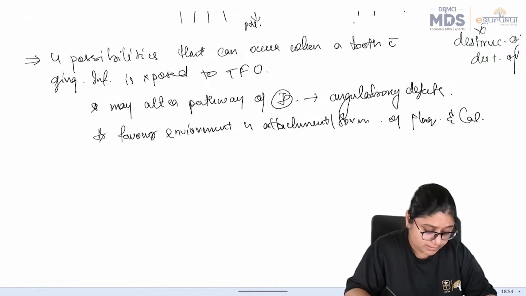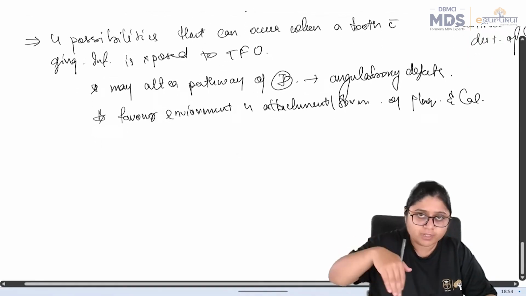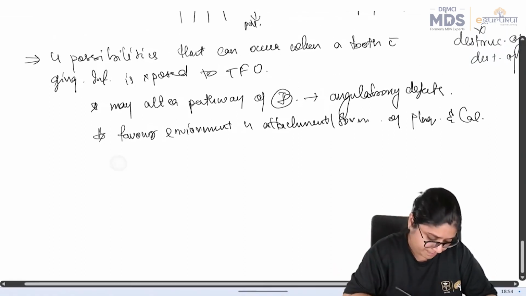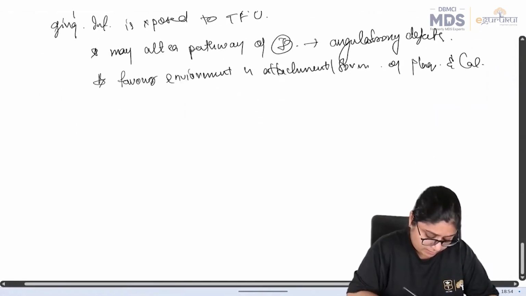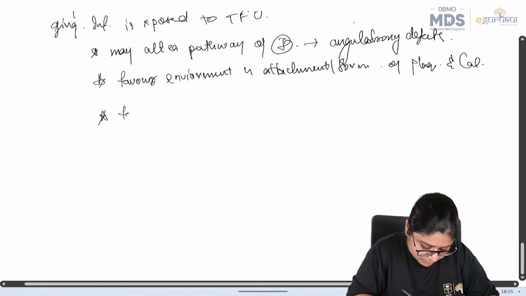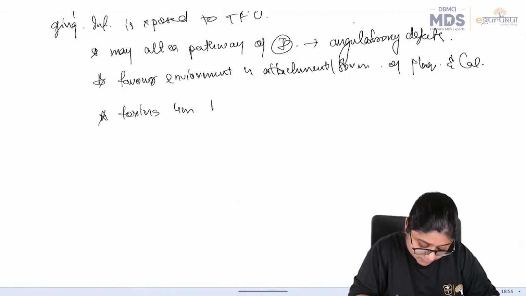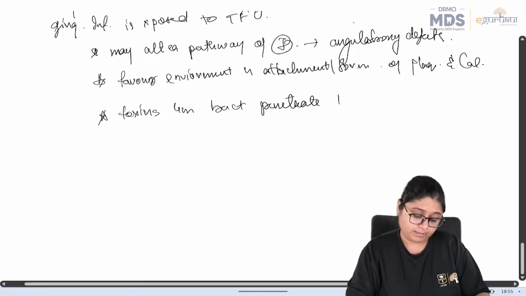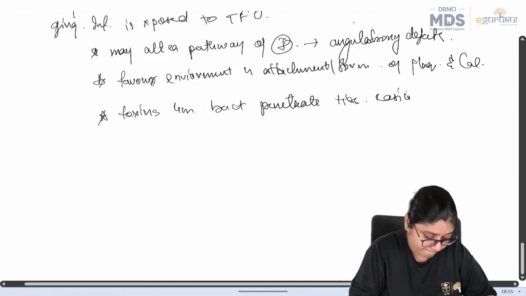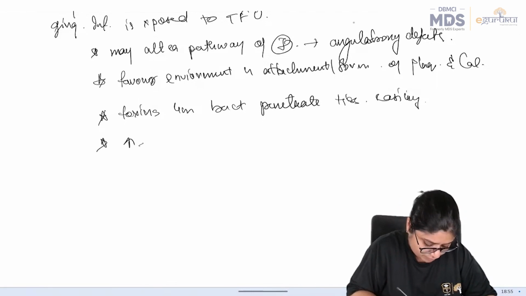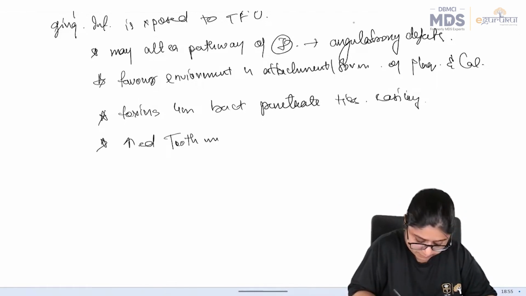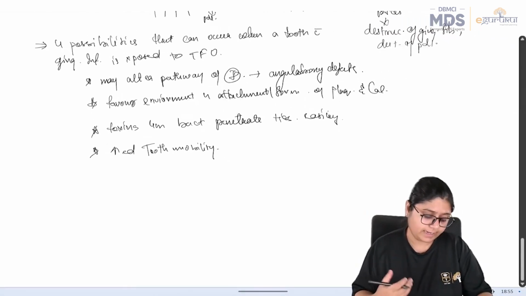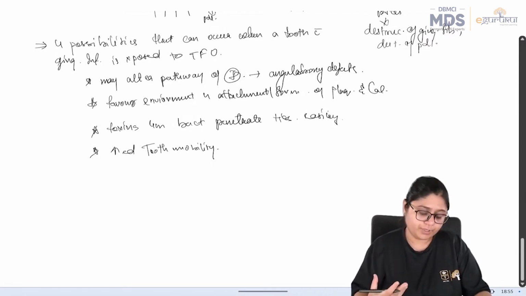And thus what happens is there is shifting of supragingival plaque, which gets converted to subgingival plaque, and thus there is more chance of inflammation. The toxins from the bacteria penetrate the tissues easily as there is destruction of the gingival fibers, PDL, and there is increased tooth mobility. So these are the four things that can occur when a tooth with gingival inflammation is exposed to TFO